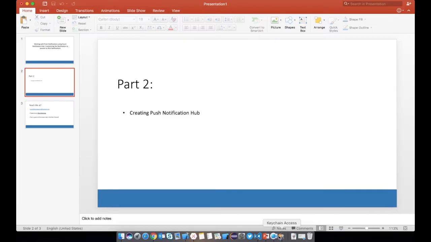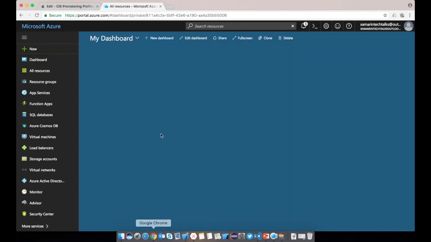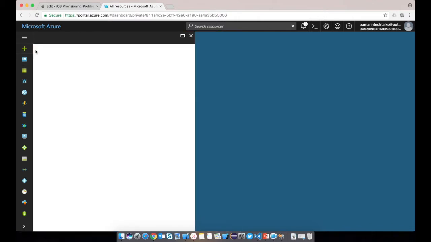Coming to part 2, in this part we'll try to create a notification hub in Azure, and we'll specify all the necessary settings there, so that we can proceed in creating our application. So let's get started. Log into portal.azure.com. You can see a dashboard here, and after that we just need to go to new